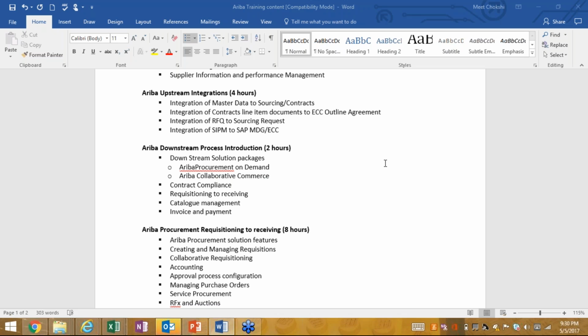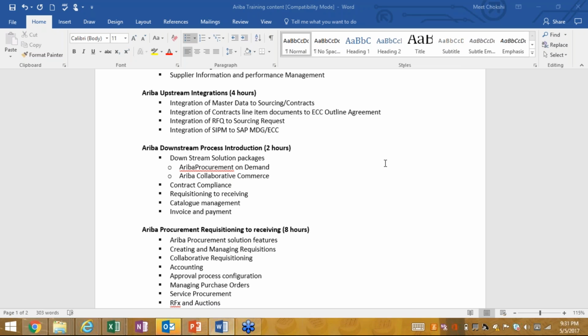Yeah, and one more thing. As you said, these are the functionalities which are available in Ariba. Let's say, for example, if the business wants to create some special procurement scenarios, like subcontracting or consignment, in that case, should the business again create all these scenarios from the ECC point of view, or how is this going to be once the customer has implemented Ariba?